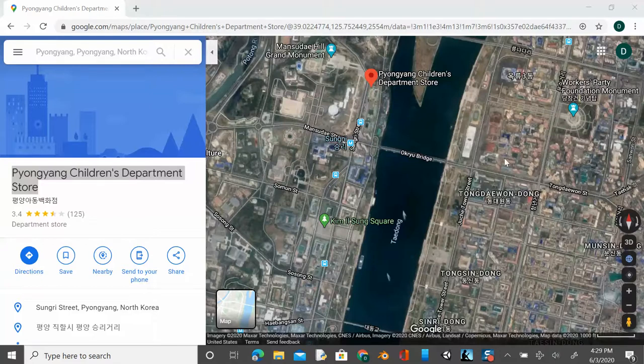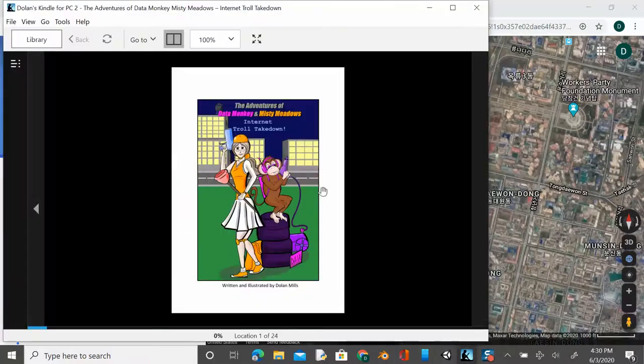The goal of the video is just to make a quick virtual tour of Pyongyang, the capital of North Korea. And this tour will probably cover from the Grand Monument down to the Kim Il-sung Square. And what I'm going to do is use some characters that I made for a comic, Data Monkey, create a virtual Data Monkey, and he's going to explore the city with his friend Misty, serving as a tour guide at